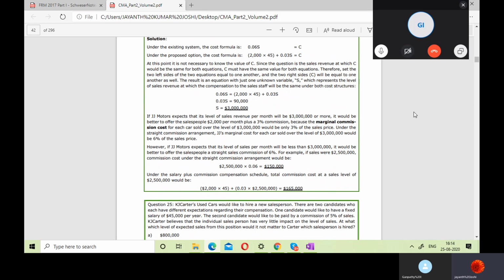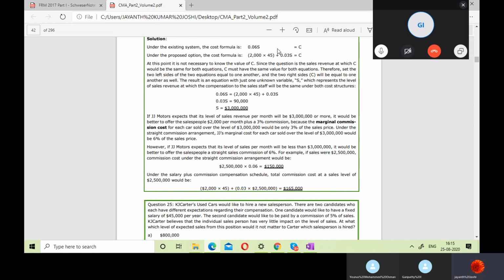Okay, so if JJ Motors expects that its level of sales revenue per month will be this much or more, it would be better to offer salespeople 2,000 per month plus 3% commission, because the marginal commission cost for each car sold over the level of 3 million would be only 3% of the sales price. Under the straight commission arrangement, JJ marginal cost for each car sold over the level of this much would be 6% of the sales price. However, if JJ Motors expects that its level of sales per month will be less than this much, it would be better to offer the sales people a straight commission. Why? Because